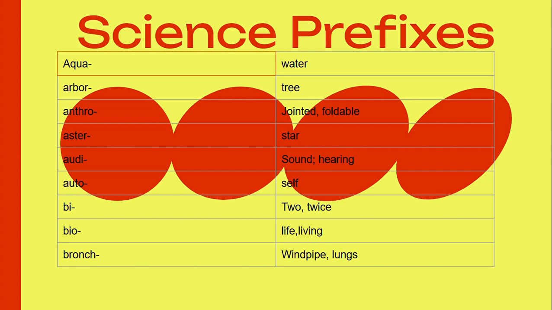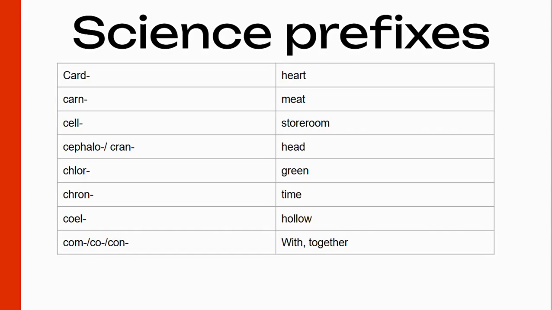for self, bi for two, bio for life or living, bronch for windpipe or lungs. To remember this, you can think of the bronchioles in your lungs. Card for heart, carn for meat, cell for storeroom, cephalo or crane for head, chlor for green, so you can think of chlorophyll,